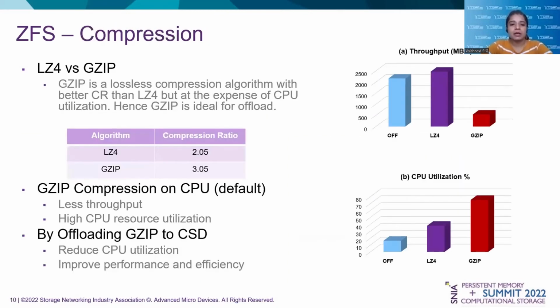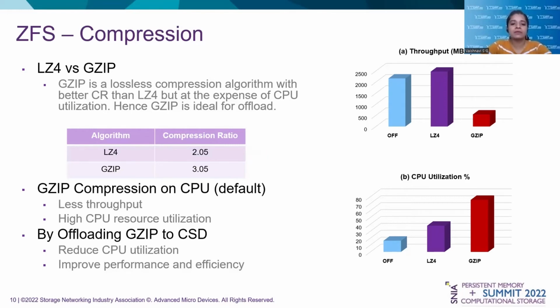Now, ZFS compression is supported with different compression algorithms, which user can choose at the time of pool creation. We have LZ4 and GZIP from level 1 to level 9. We have analyzed LZ4 and GZIP level 1 in terms of their compression ratios, throughput, and CPU resource utilization. As you can see here, LZ4 is efficient in terms of higher throughput and lower CPU utilization, but has a lower compression ratio. Whereas GZIP algorithm gives a better compression ratio, but consumes a lot of CPU resources and the